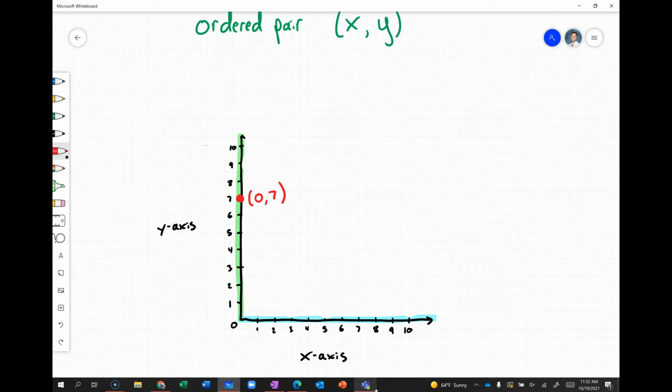Let's do 10, 3. So the ordered pair 10, 3. Again, we want to find 10 on the x-axis first, and then follow that up until we reach 3 on the y-axis. And that's our ordered pair 10,